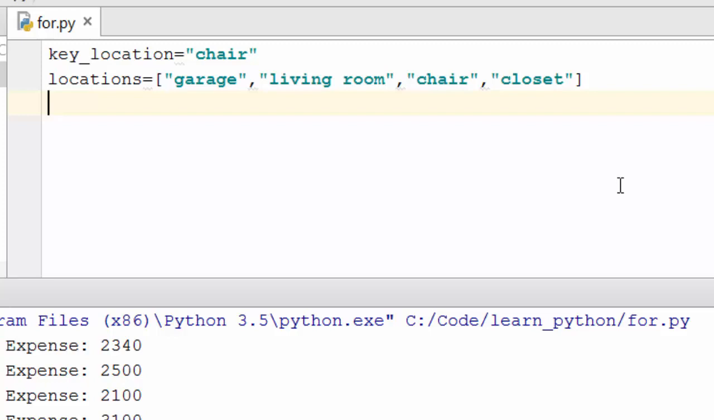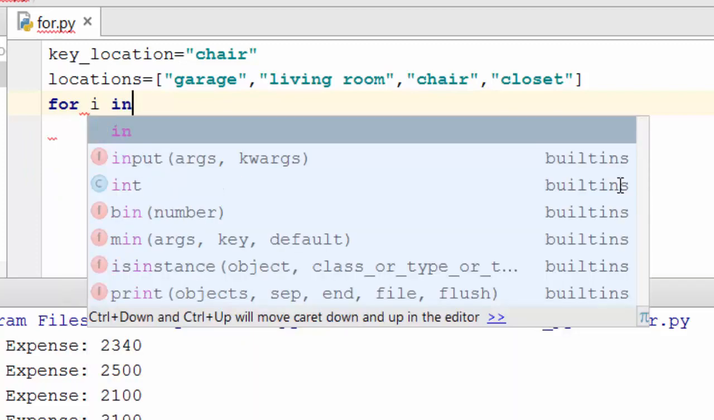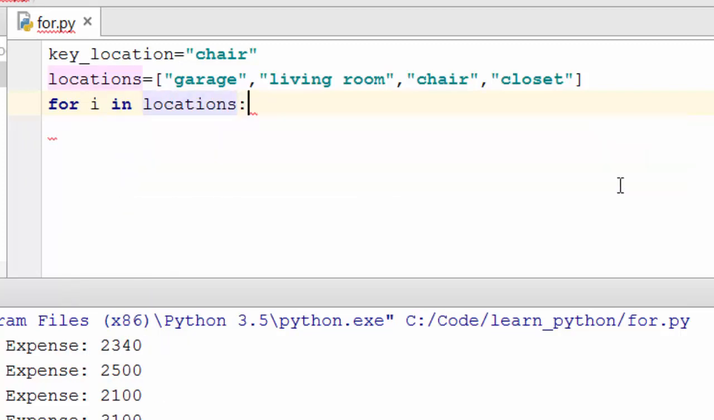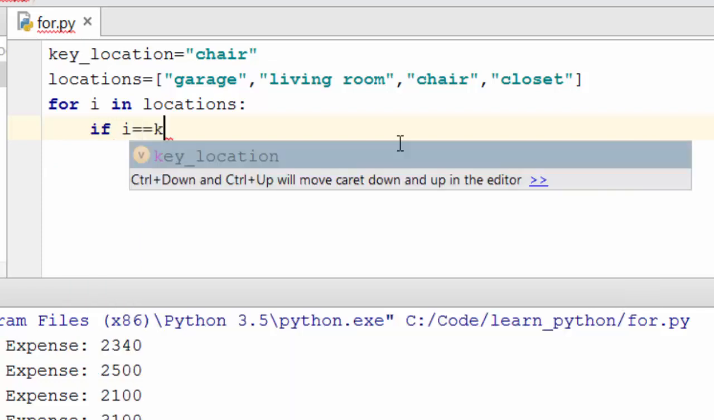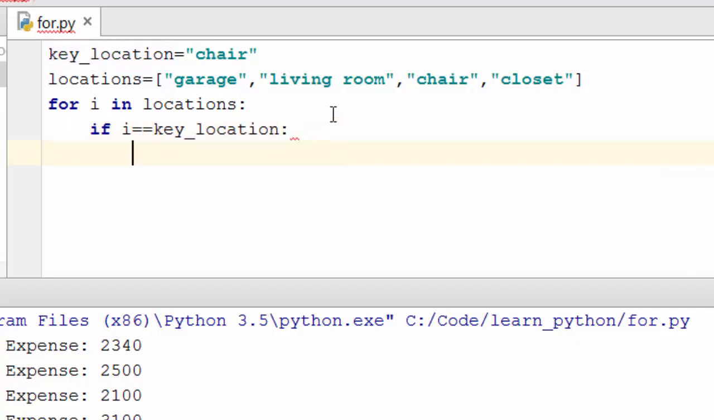So again, you can use a for loop because a for loop is used to go through each of these items one by one. So you'll say for i in locations, meaning search each of these locations one by one, and if i is equal to, this is a comparison operator, double equal sign, if i is equal to key location, then you will say print key is found in